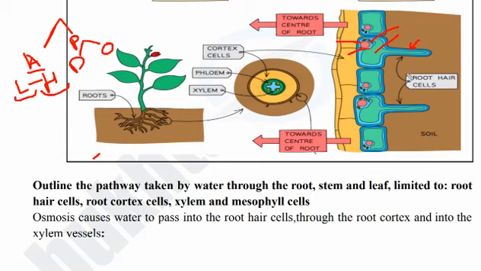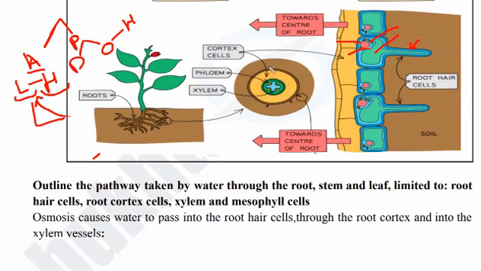So the root hair cell helps in the absorption of water and mineral ions by active transport, or by osmosis or diffusion. Osmosis is the movement of water particles from higher water potential to lower water potential through a selectively permeable membrane, whereas diffusion is the movement of particles from higher concentration to lower concentration. In both cases, no energy is involved. But in active transport, things move from low concentration to higher concentration against the concentration gradient, and energy is needed, in the form of ATP.